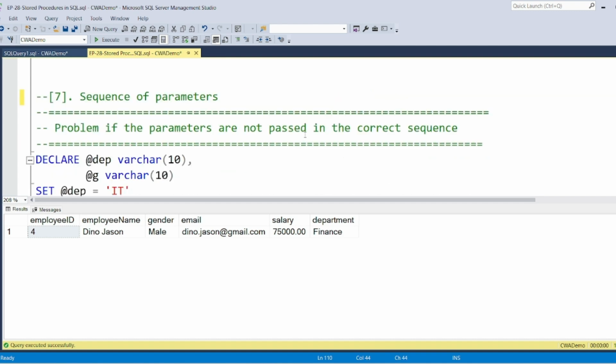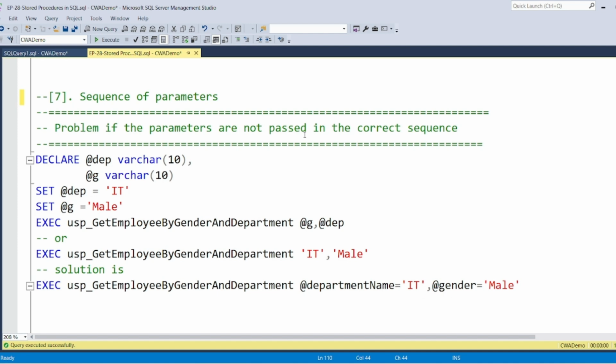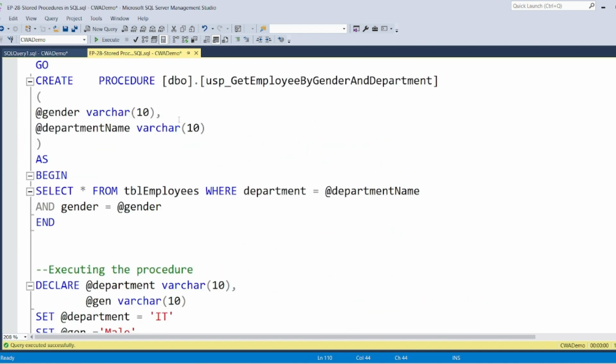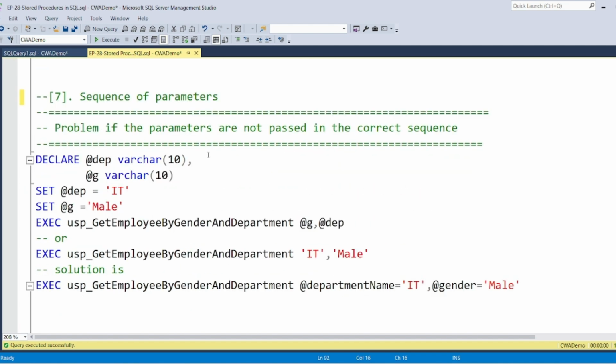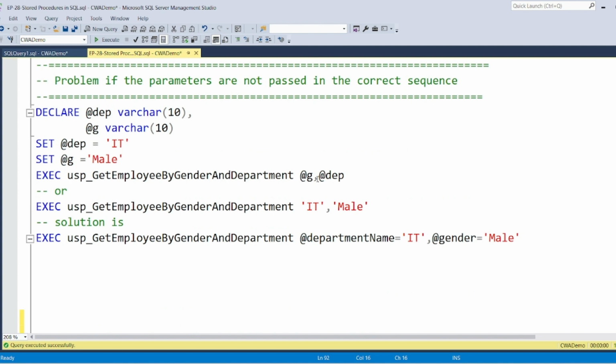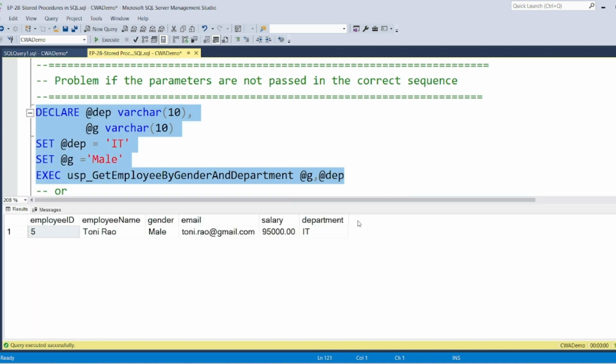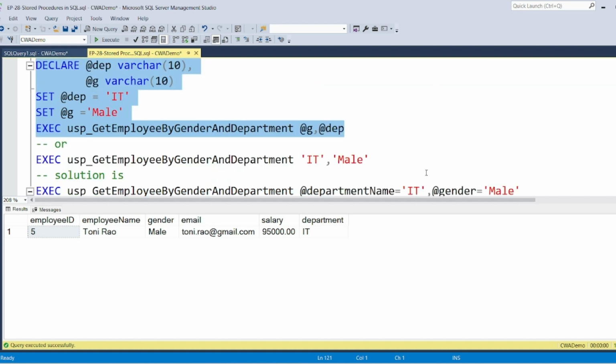One problem that I wanted to discuss with you is that this procedure has two parameters and these parameters have a sequence. The first parameter always must be gender and the second parameter must be department name. So while calling the procedure, you have to take care that first you supply gender and second you supply department name. So here, if I'm going to execute this, it gives me the result, IT department and male. But